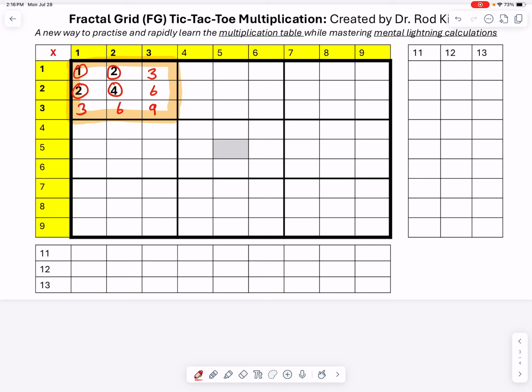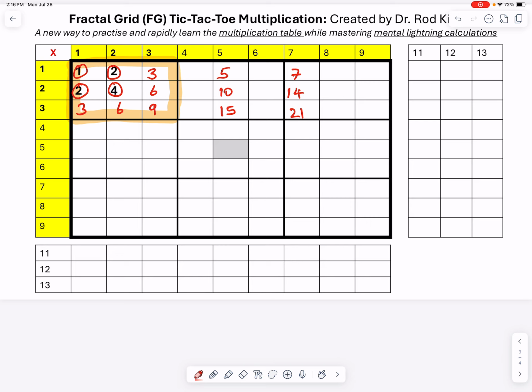For example, 5 times table you would regard as 2 times table plus 3 times table. So 2 plus 3 gives you 5. 6 and 4 give you 10. 6 and 9 give you 15. So that's your 5 times table. And in a similar manner, 7 times table you can regard as 5 times table plus 2 times table. So 2 plus 5 gives you 7. 4 and 10 give you 14. And 6 and 15 give you 21. So that's how you can derive your